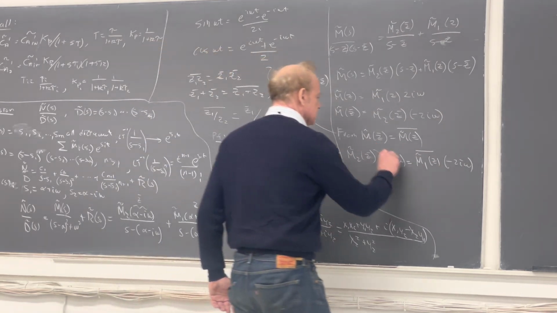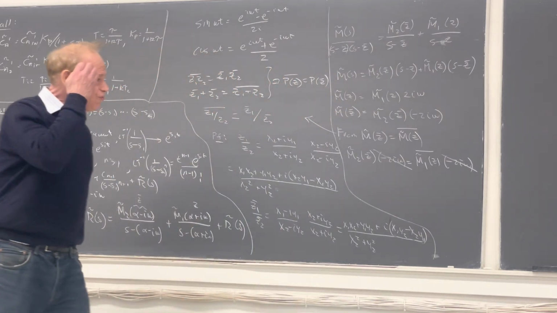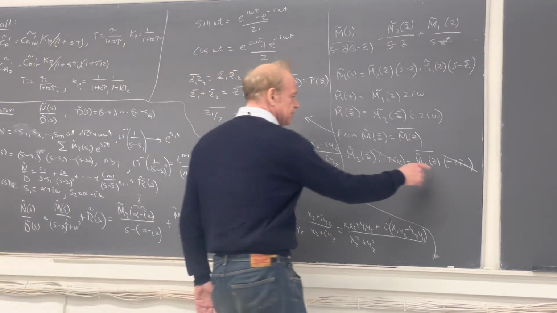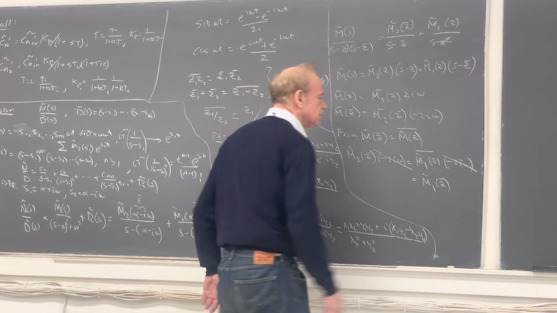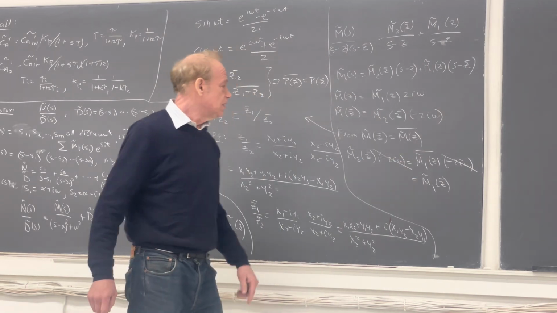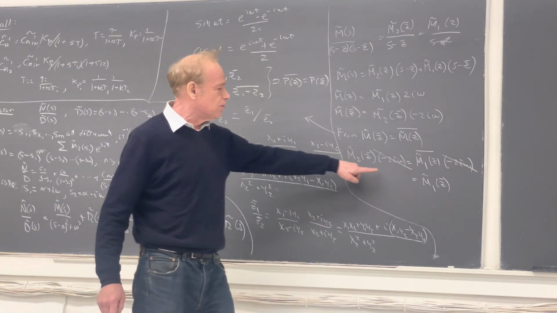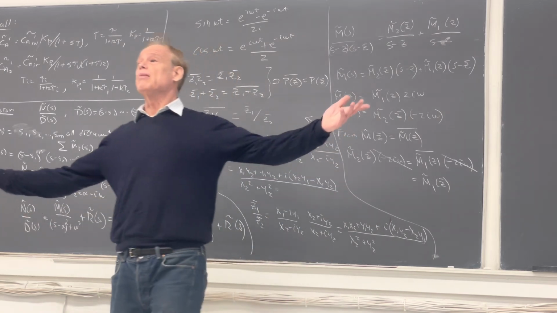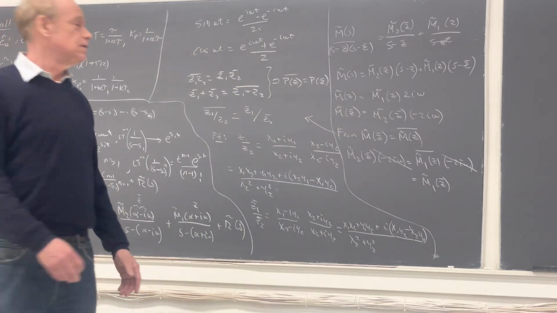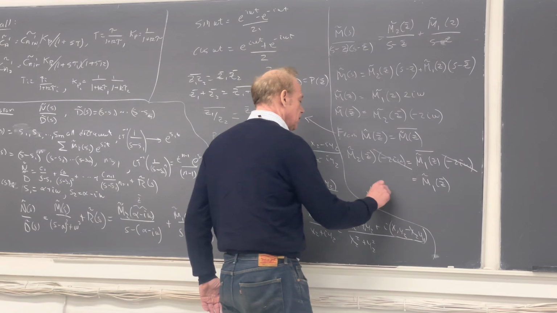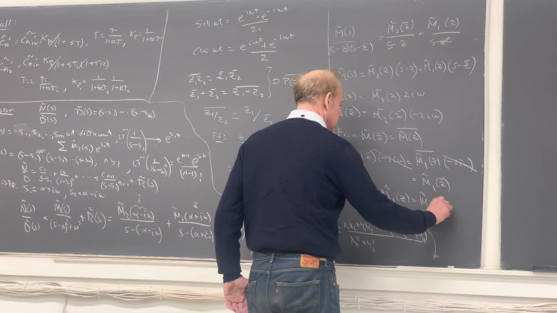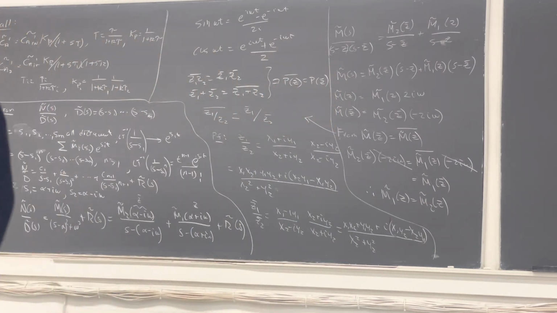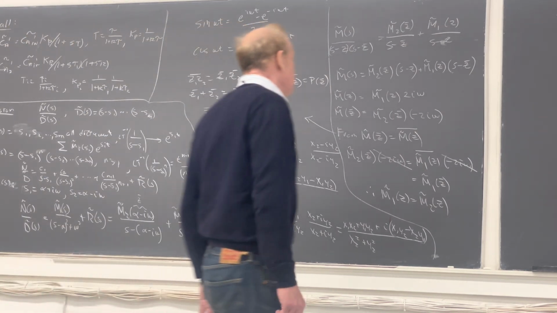So immediately this cancels, and what I'm left with is, let's see what this is. This thing now is m1 tilde of z bar, because I can take the bar inside. So I have m2 tilde of z bar is equal to m1 tilde of z bar. So m1 and m2 are the same function. Therefore, m1 tilde of z is equal to m2 tilde of z. So m1 and m2 are the same function, in which case,